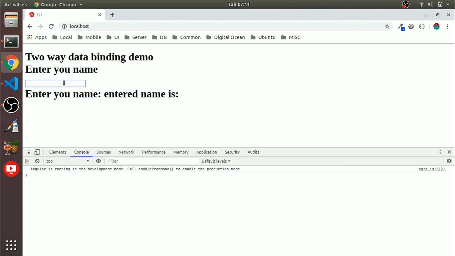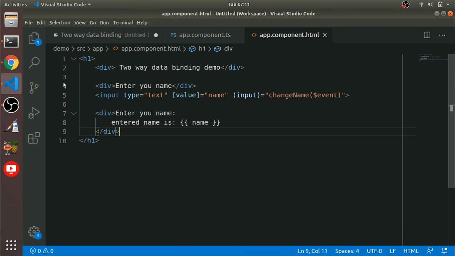Before this, I'll explain one thing. Sometimes you are confused about what a property is and how to know what those properties are. For that, I will create a button.